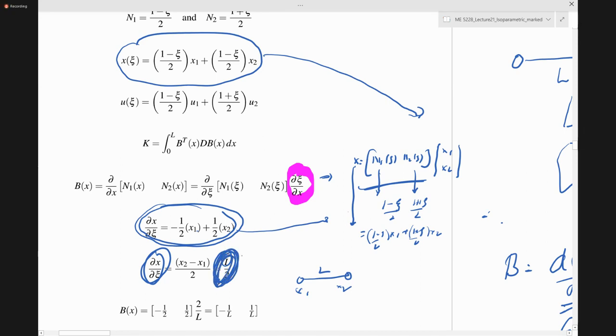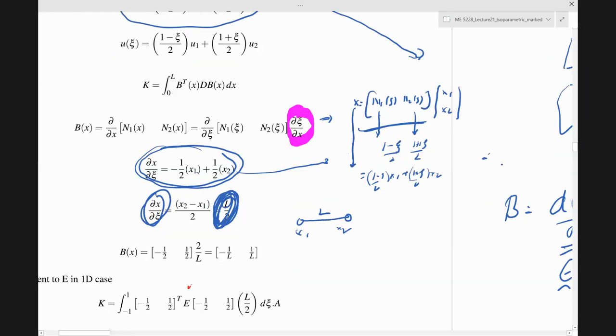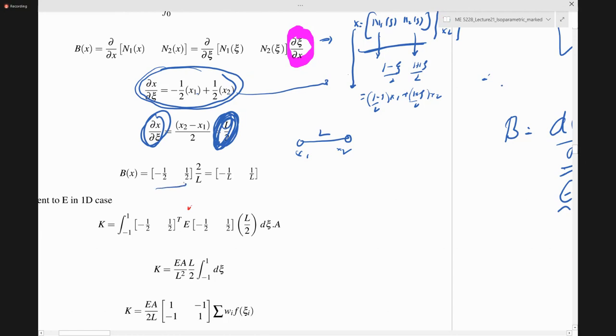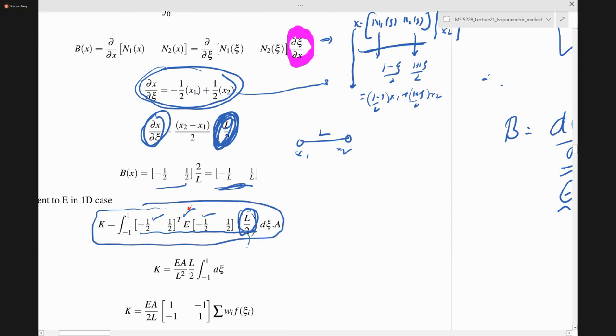Yes or no? Yes. If you understood that, therefore B of x is equal to minus 1 over L, and this one is dξ/dx. This is the integral of B transpose E B dx, and I have to do it in dξ now, because I'm in the Gauss domain. But the answer to this is equal to this. If I do the algebra,